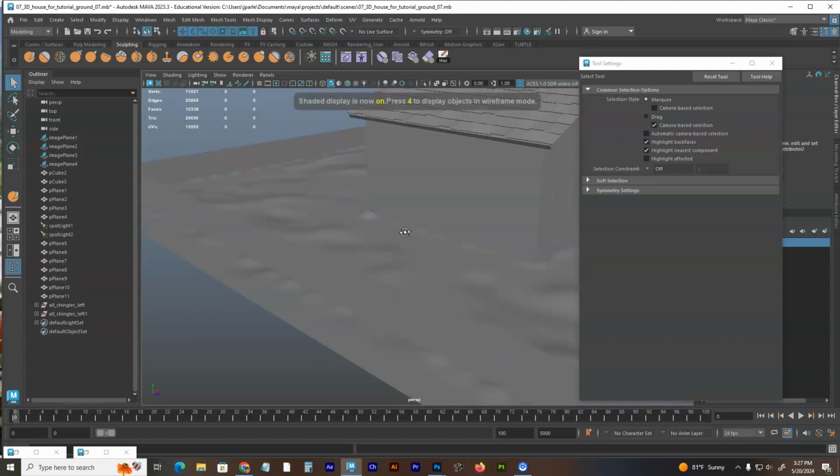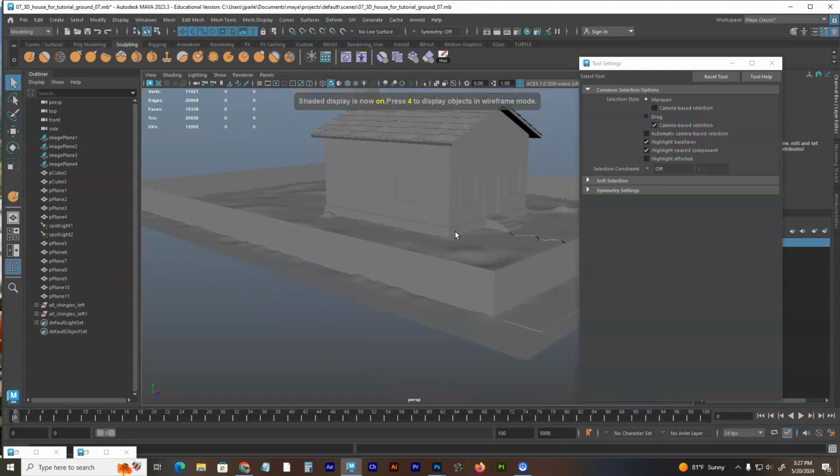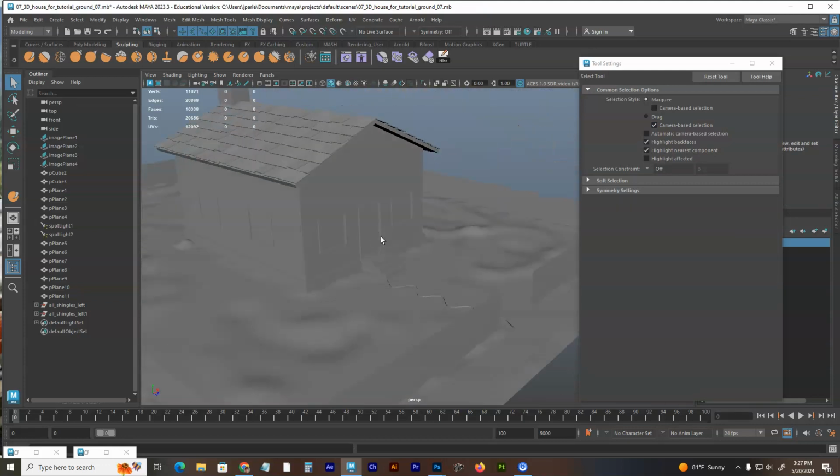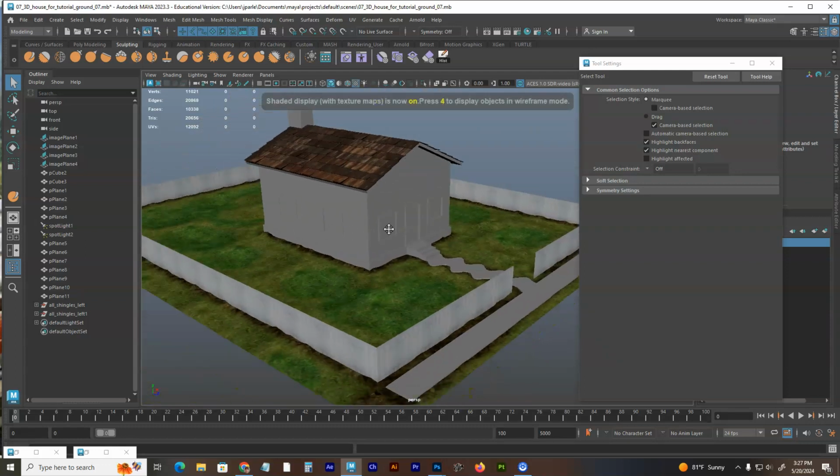If I go to just Smooth Shade, you can see the work that I did with pushing and pulling just to break things up a little bit. So at the end, when we get lighting in there,